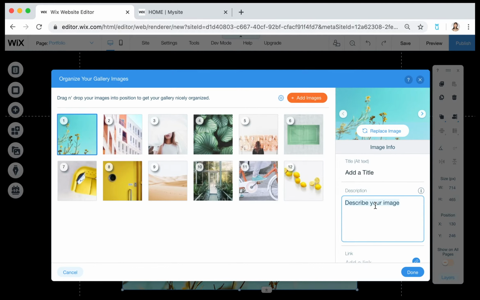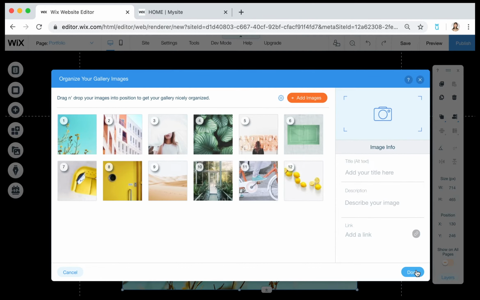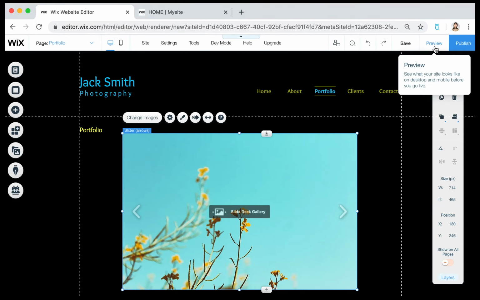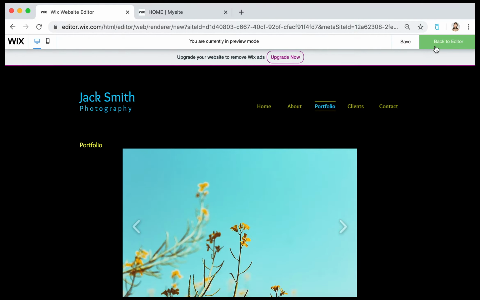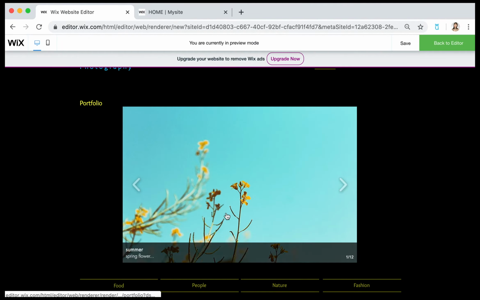So for example, if I want to add a caption on it, I'll just do spring flower, for example. And of course, you can also add a title, just say summer, and it's done. Okay, so after you edit, you make some changes, you can actually preview the stuff you've done, and let's check